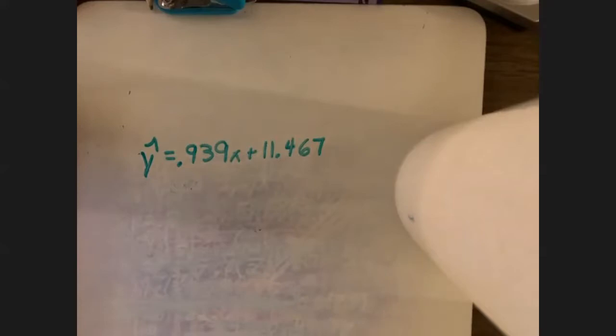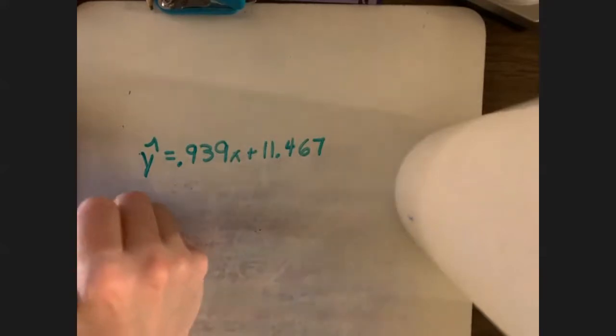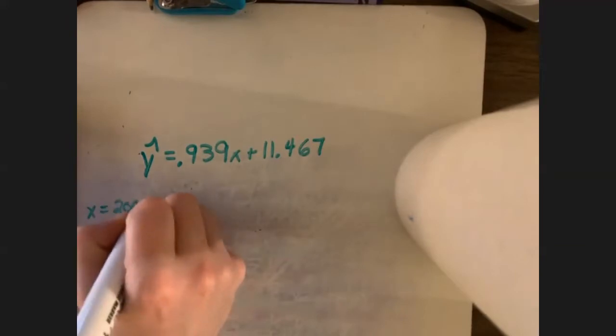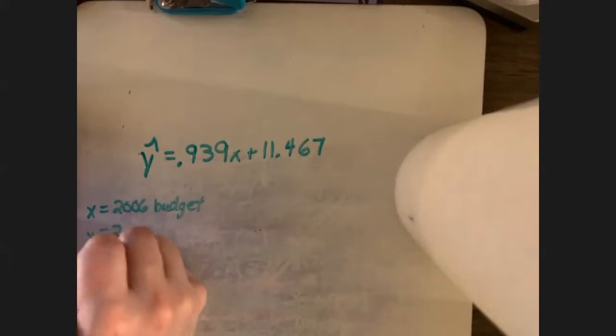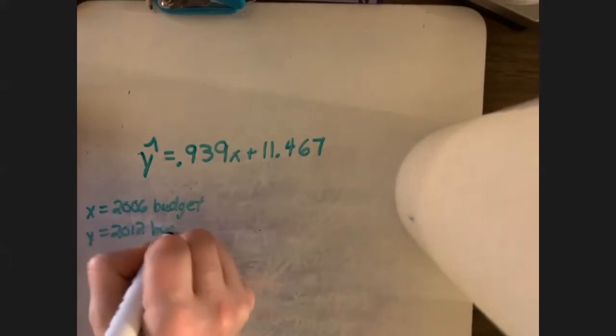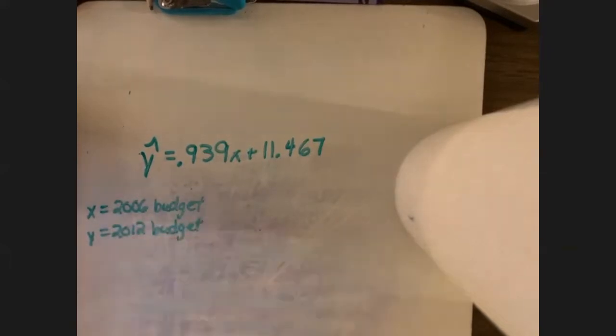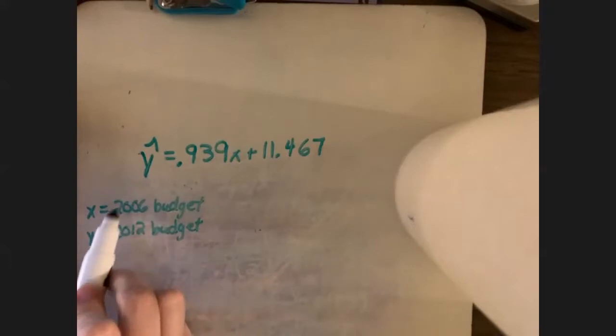Okay, now keep in mind, okay, that X was the 2006 budget and Y was our 2012 budget. Okay, so basically this is kind of based on the information for a 2006 budget, how much would they have